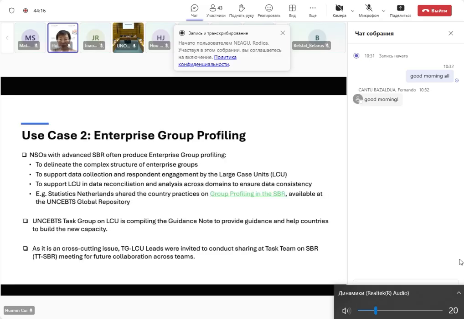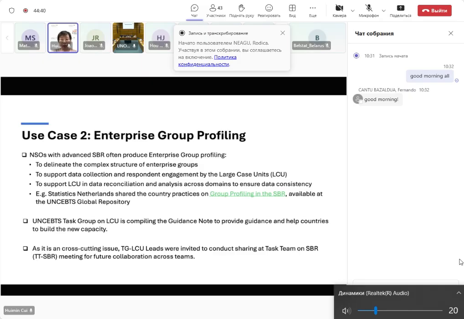The second use case is enterprise group profiling. So for a mature SBR, usually it maintains enterprise group profiling due to the importance of and economic contributions from large enterprise groups. The enterprise group profiling serves to provide information to delineate the complex structure of the enterprise group,